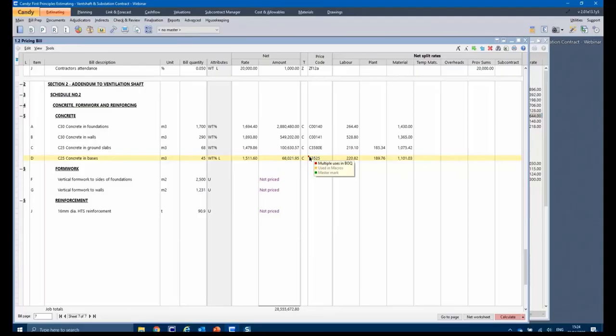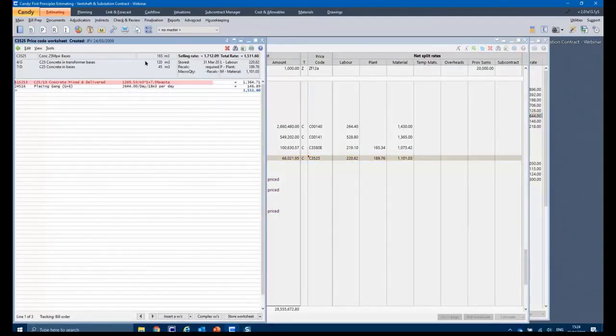So just remember, if you change the rate here, it's going to change elsewhere in the bill of quantities, which is sometimes a requirement because you don't want to have to go, let's say, for example, a housing project, house type A, B, and C. You've priced house type A, you want to reuse it for house type B. If you tweak the rate, you want it to adjust everywhere else in that particular project. So in some cases it's good, and in some cases you want to change that depending on the requirement for that particular item.